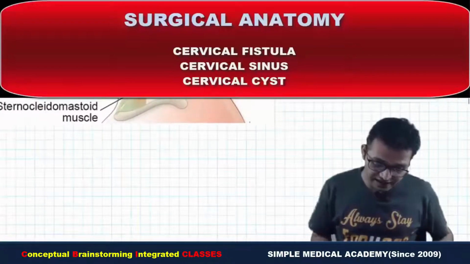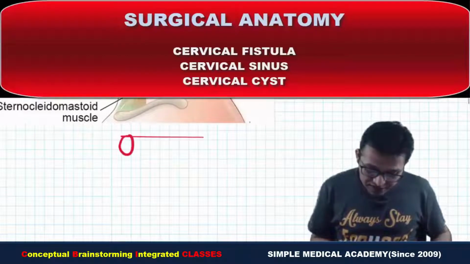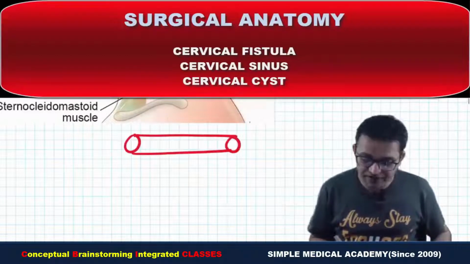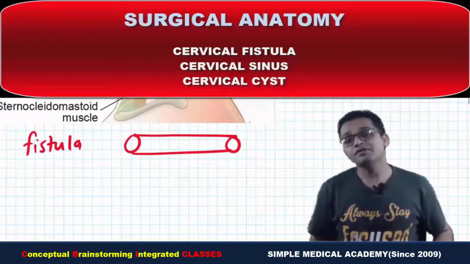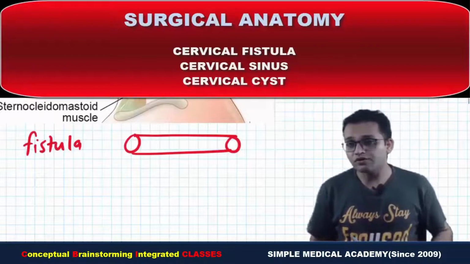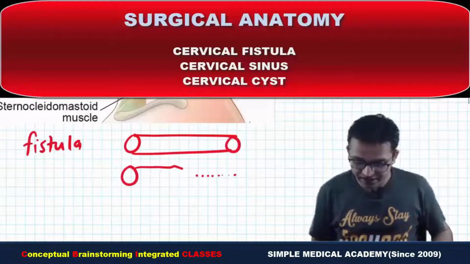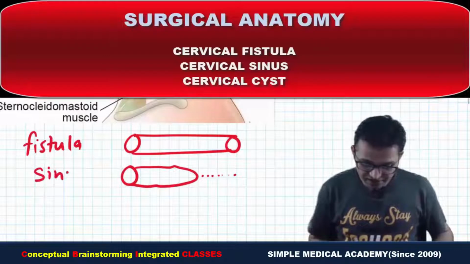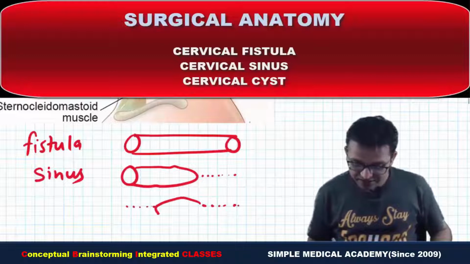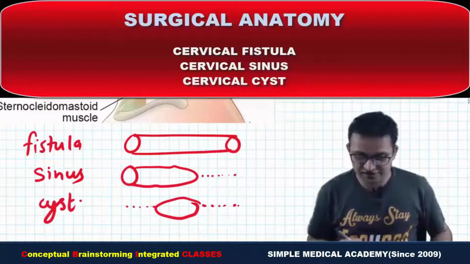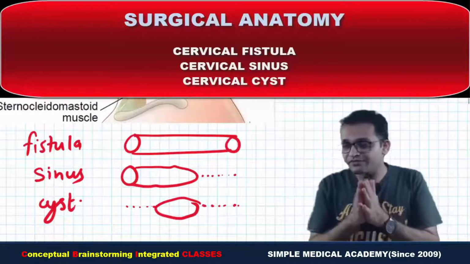These cervical sinuses are remnants of the second, third and fourth cleft. Suppose it is persisting as two openings, in correlation with surgery, then you will say cervical fistula or branchial fistula or pharyngeal fistula. Sometimes one end is obliterated but the other end is persisting, then you will say cervical sinus. Sometimes both ends disappear but the central part persists, then you will say cervical cyst or branchial cyst or pharyngeal cyst. So these are the abnormalities in the neck related to the pharyngeal cleft.